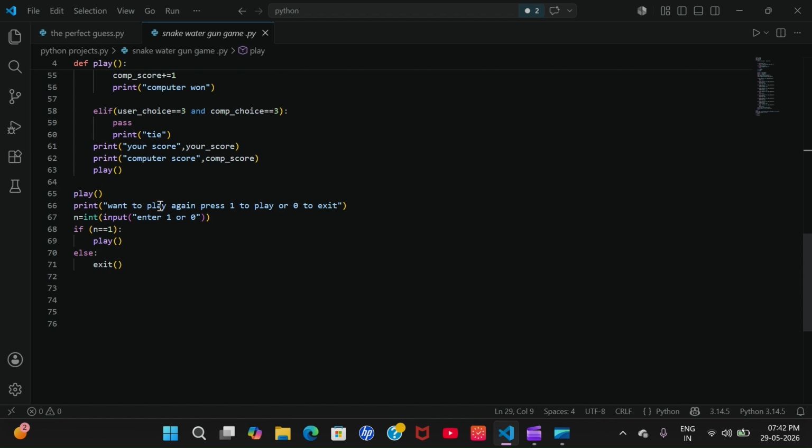What are these statements? Want to play again, press 1. If you don't want to play again, press 0 to exit. Then we take the user's input. If n is 1, then play, else exit. That's all.